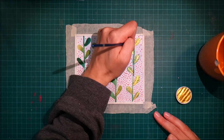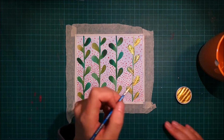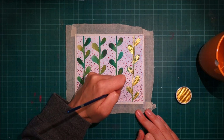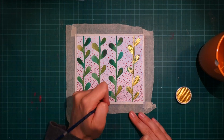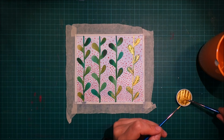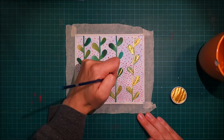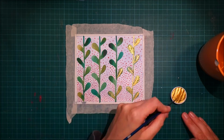It's amazingly opaque, so even if you put just a small amount, it's going to be opaque. You don't have to layer it on very thick. I think I layered on gold on the leaves a bit too thick, so they're not as elegant as I'd like them to look. So next time I use the FineTec gold, I'd like to take more trouble in making